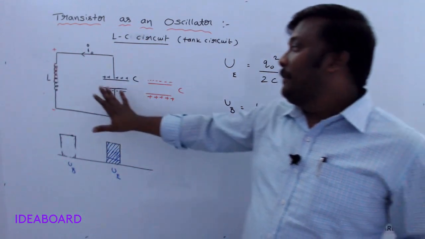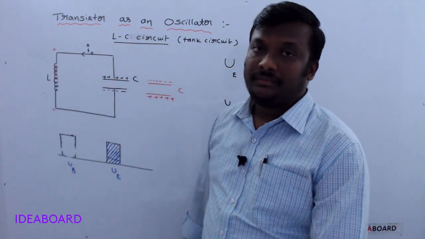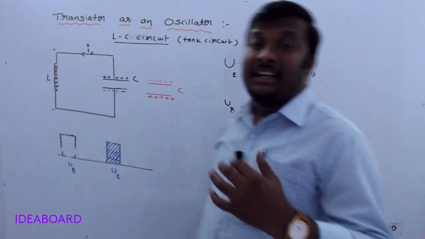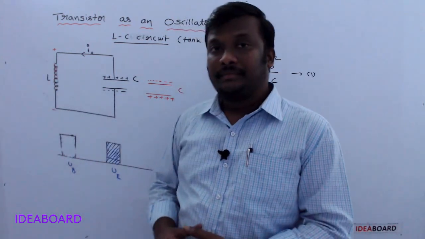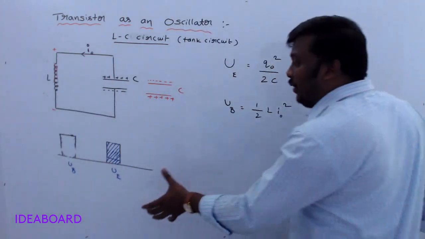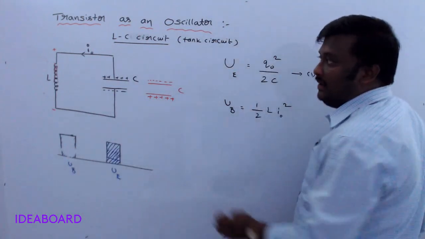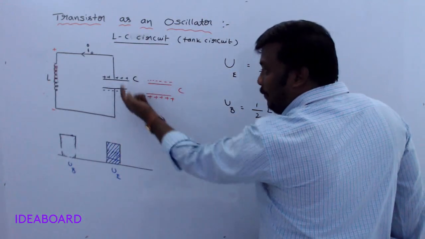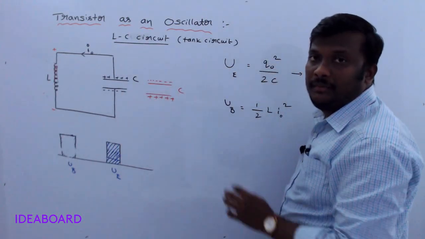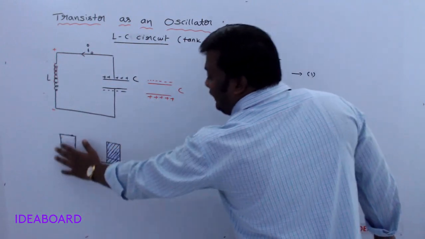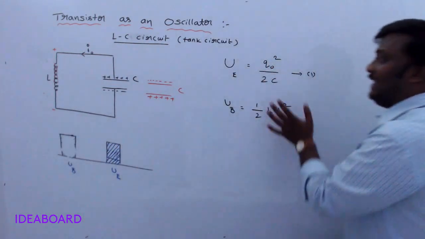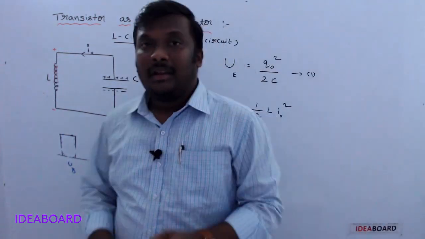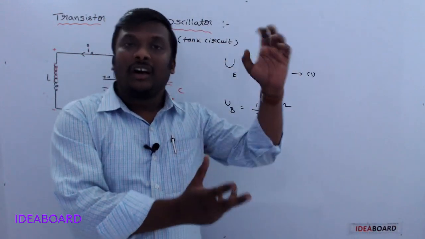At this time, the capacitor is completely discharged. Now this magnetic energy creates an induced EMF across the inductor. From that, U_B continuously decreases and the charge on the capacitor continuously increases, but the polarities are in the opposite direction. Is it clear? Until U_B becomes zero, the total energy is again stored as electrical energy in the capacitor. So what happens here? The capacitor is charging, discharging, charging, discharging.